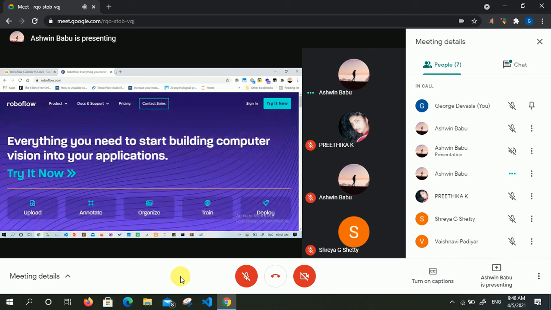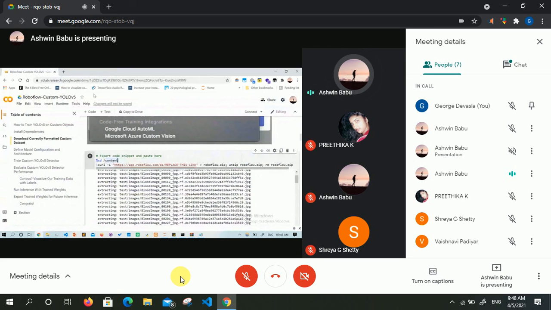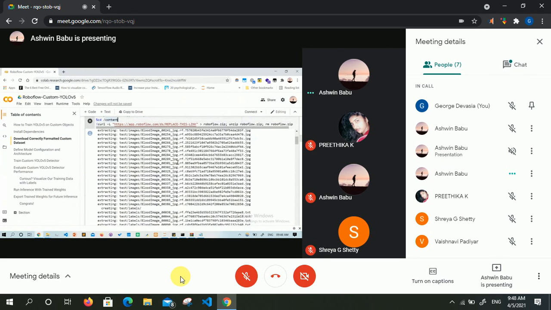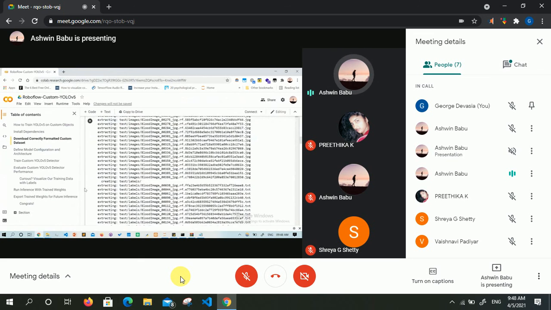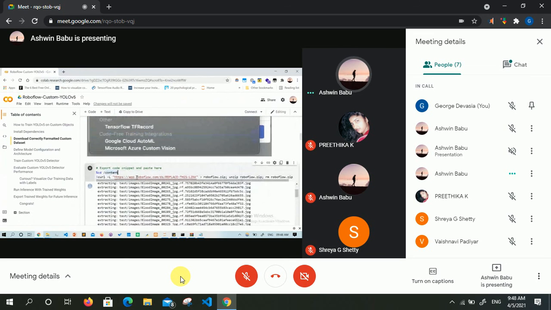The reason we are using Roboflow is that it is not practically possible to create a data set of 6,000 or so images for you four people to do it; it would take a very long time. So you are going to download the data set from an existing website. After this part, we are downloading the data set.